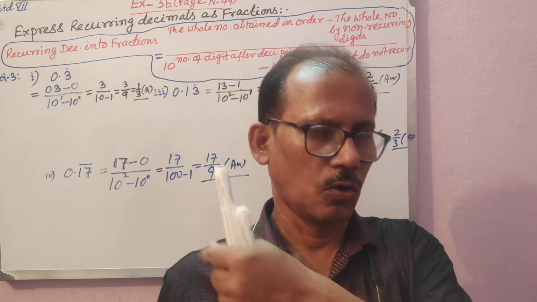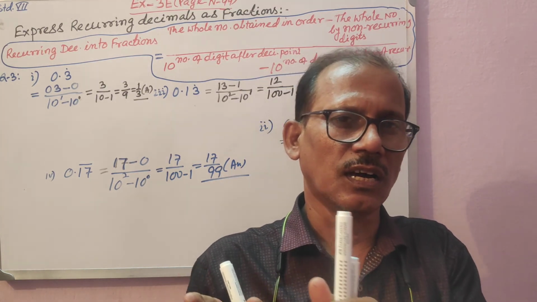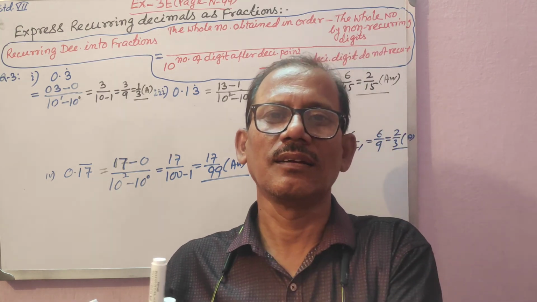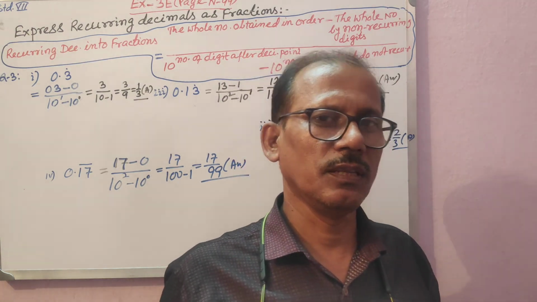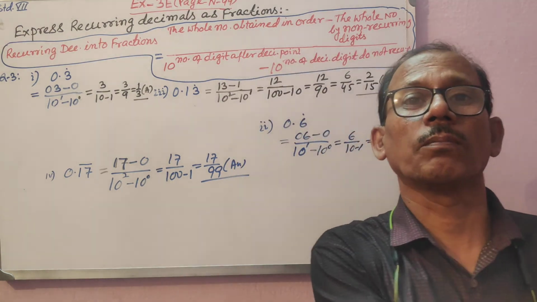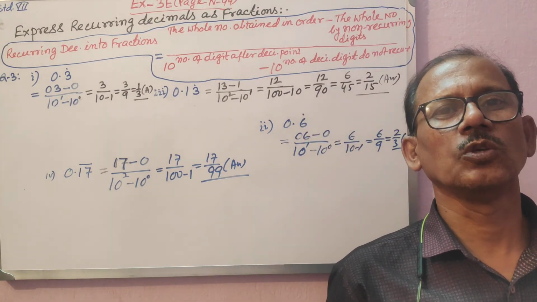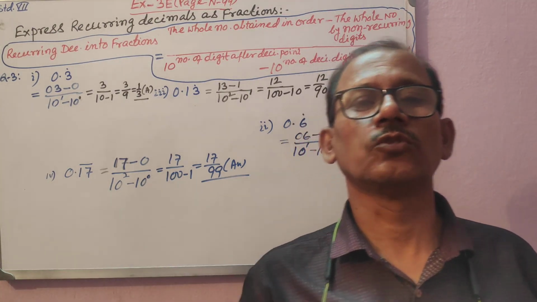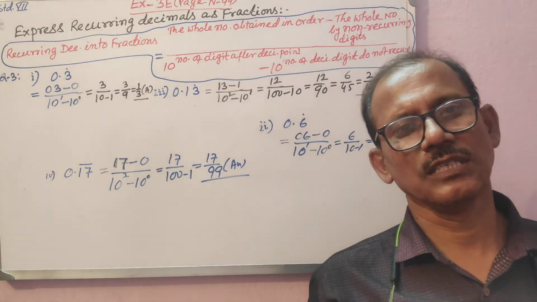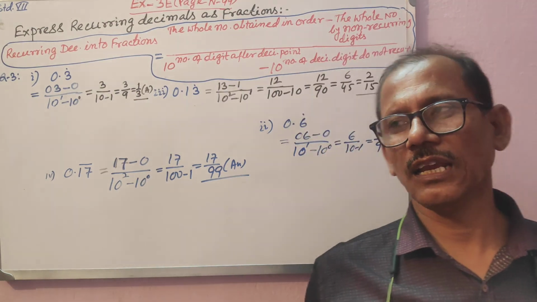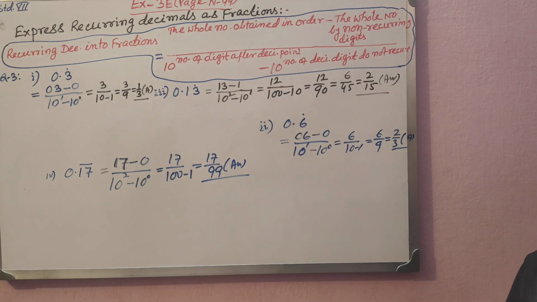Whole number altogether, digits arranged, what whole number it is forming, minus the non-recurring digits whole number, that will be the numerator, divided by 10 to the power number of decimal digits. How many decimal digits are there? That you see, minus 10 to the power of decimal digits which do not recur. So that many decimal digits. If nothing is recurring, then 10 to the power 0. Then if you calculate, it will be very easy to find out the answer. Learn this procedure.